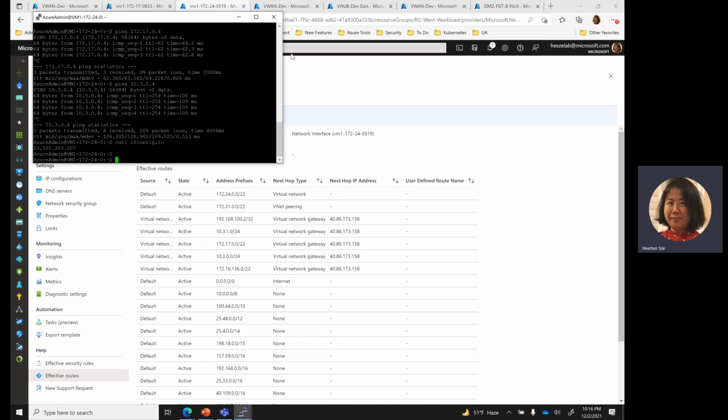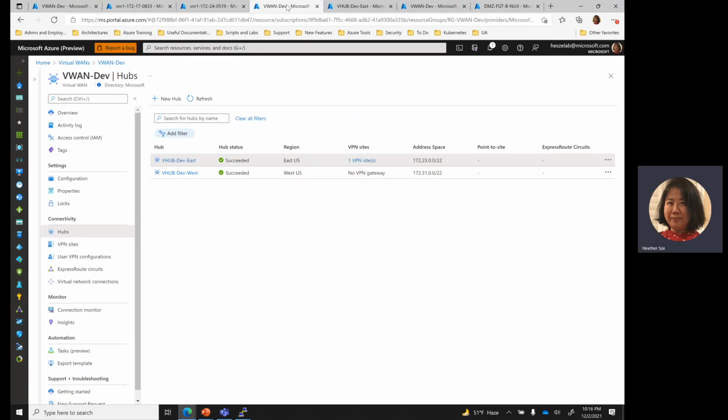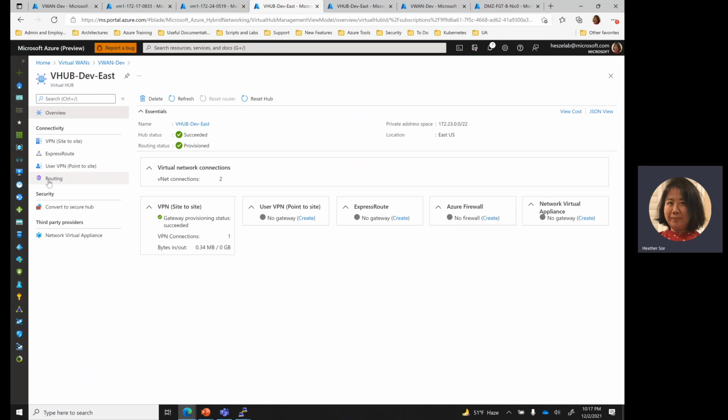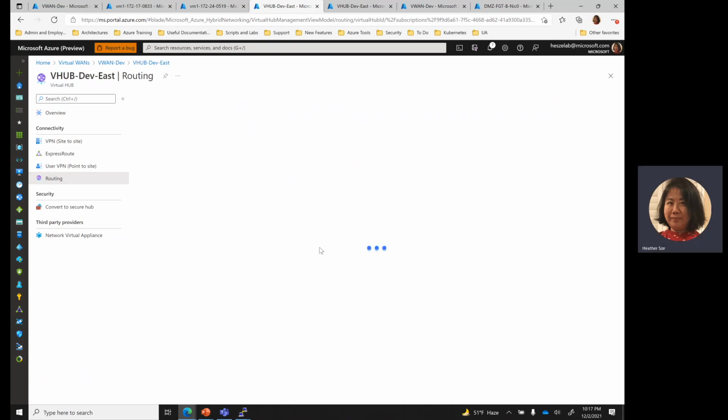So now let's go ahead and finally configure virtual WAN for default route so that all internet destined traffic from the flows that we previously described will go through the DMZ. To do this, we go to the virtual WAN blade and we select the hub that is connected to the DMZ first. So we go to the East hub, then we go to the routing blade,